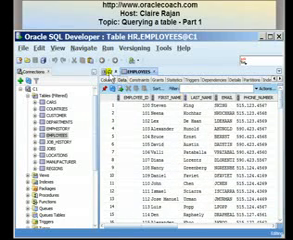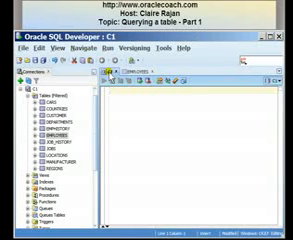Today I'm going to show you how to write basic select statements using the SQL worksheet window. The most basic type of SQL statement is a statement that retrieves all the data from a table. If I had to retrieve all the data from the employees table, the type of query that I would write is select,